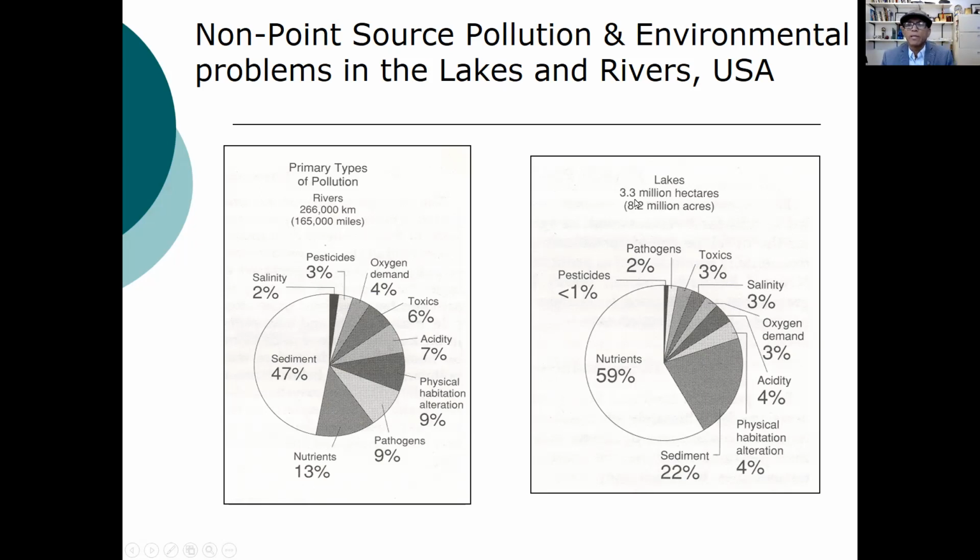Similarly, about 3.3 million hectares of the lake surface area, close to 60% is polluted with nutrients, mostly nitrogen, phosphorus, and those kinds of elements. And the others, we have sediment, acid, toxic, pathogens, and all out there. So these are mostly results of non-point source pollution, which means it's very difficult to identify exactly where the sources are coming from and where it is reacting and